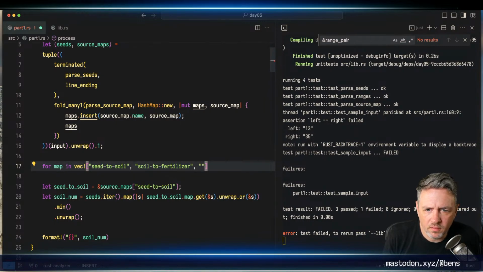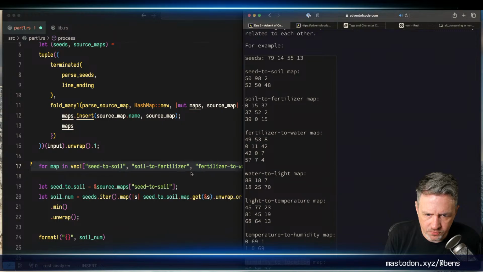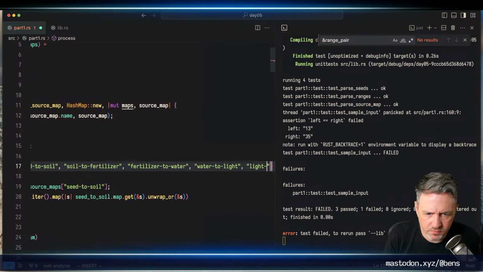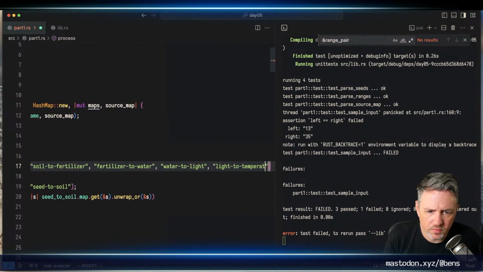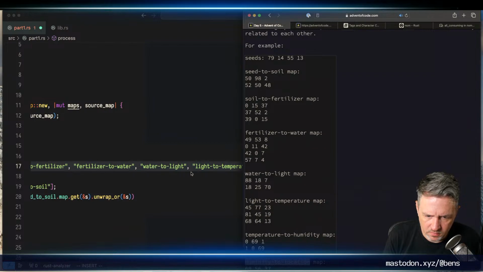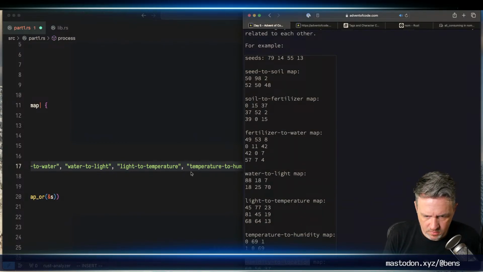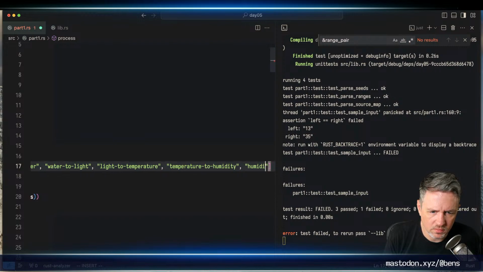Soil to fertilizer, then fertilizer to water, then water to light, then light to temperature, then temperature to humidity, then humidity to location. Okay. So now I've got,